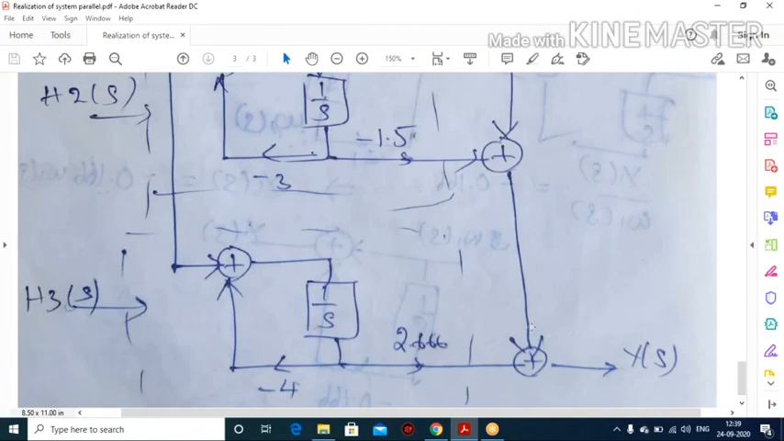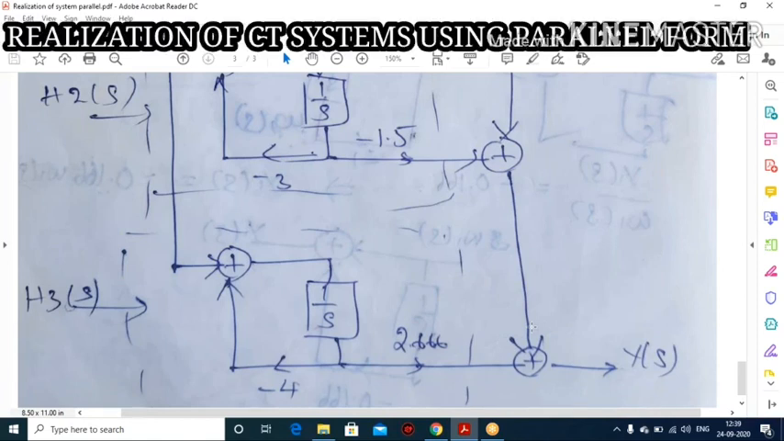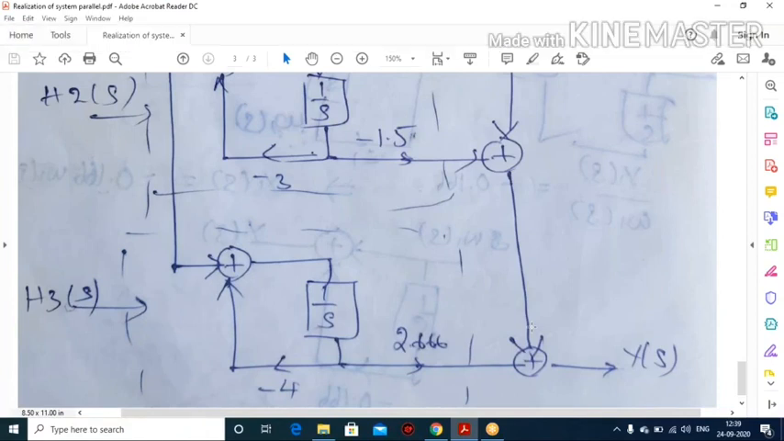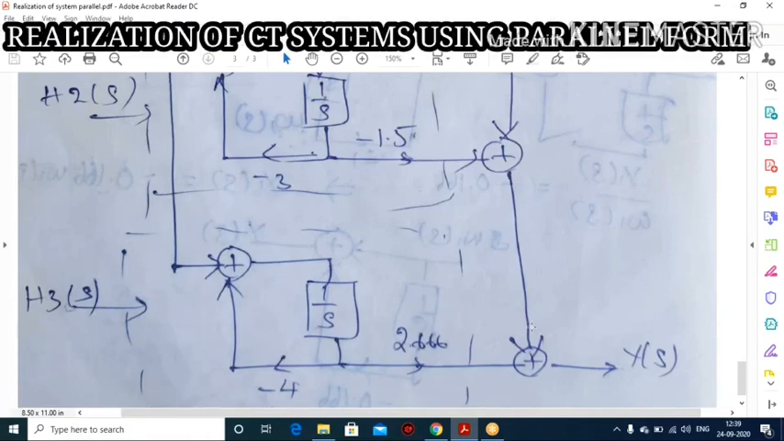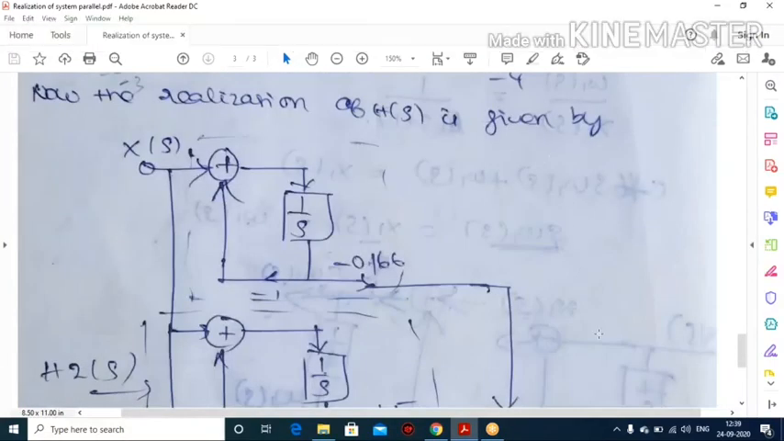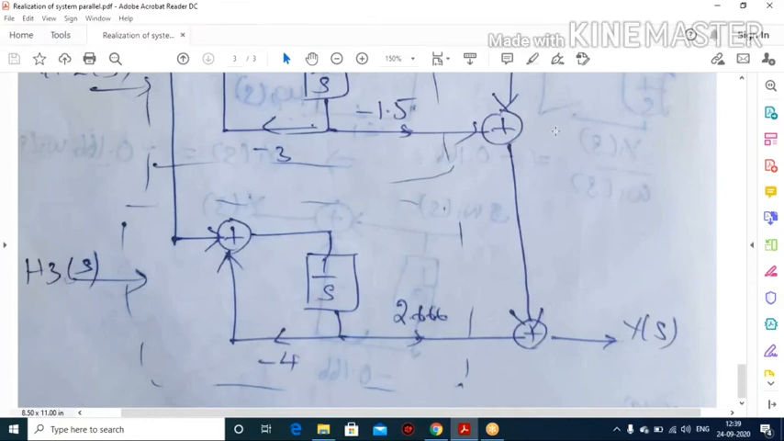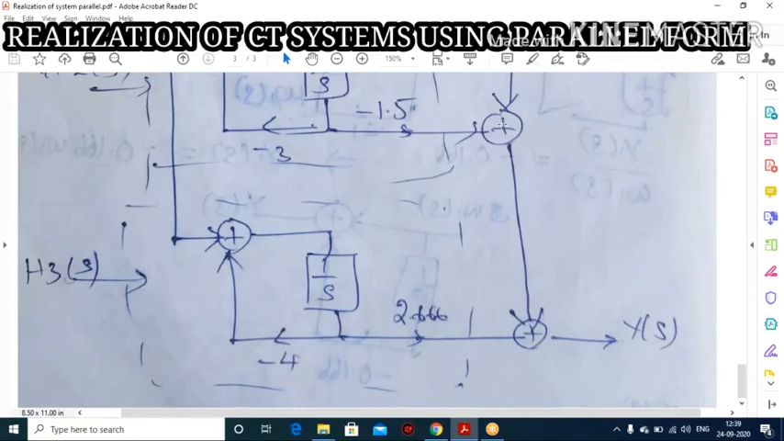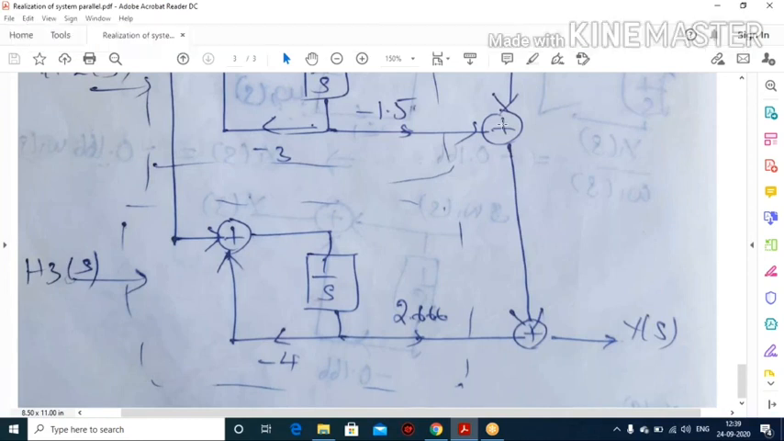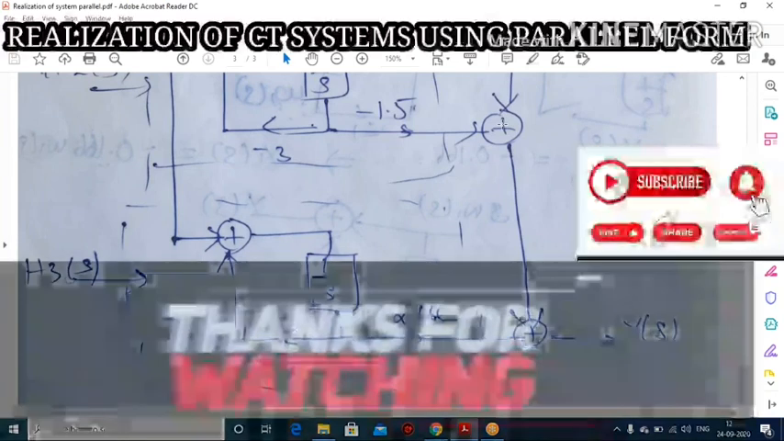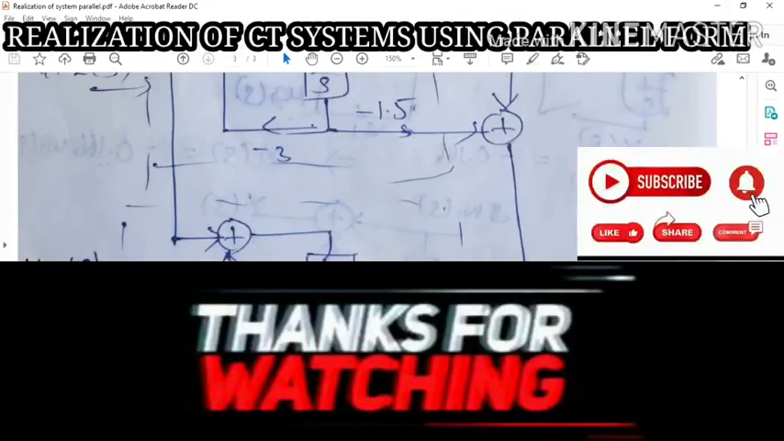So in the parallel concept, the input is common to all the subtransfer functions, and your output is the combined output of each subtransfer function, that is y1 of s plus y2 of s plus y3 of s. So this is the realization structure for parallel form. With this, I conclude my topic. So this topic is getting over. If you have any doubt about realizing your parallel form structure,